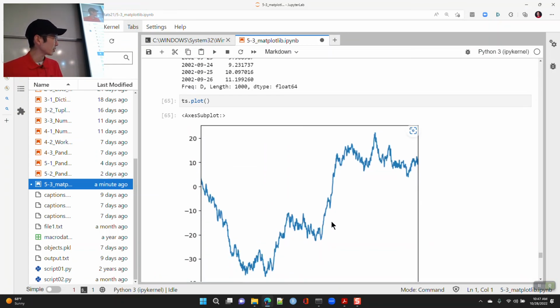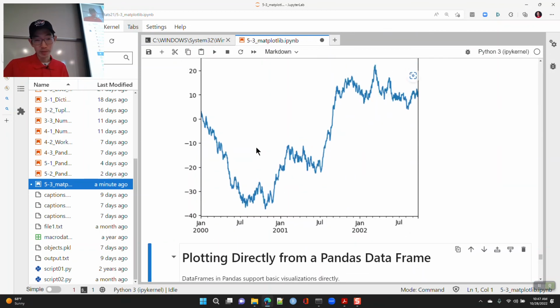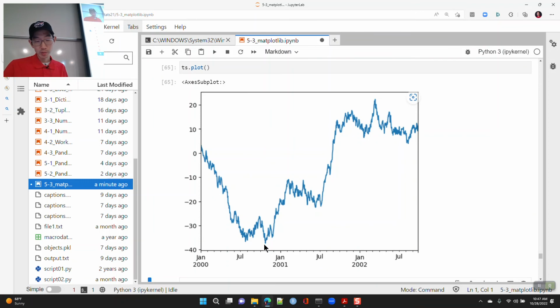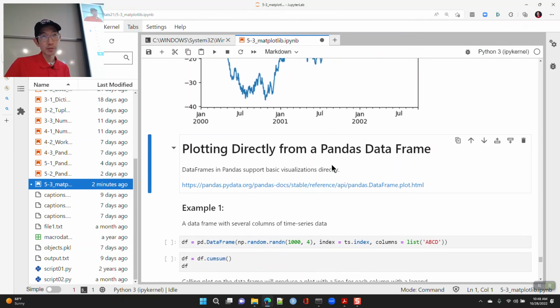So this is a random walk where we go up or down on any given day, and we just happen to end up at 11.199, but we went as low as almost negative 40, and there were some days we had a whole bunch of positive values day after day. Sometimes stock charts look like random walks, and that's kind of what we get. There are more plots associated with Pandas data frames, and we'll take a look at that on Monday.